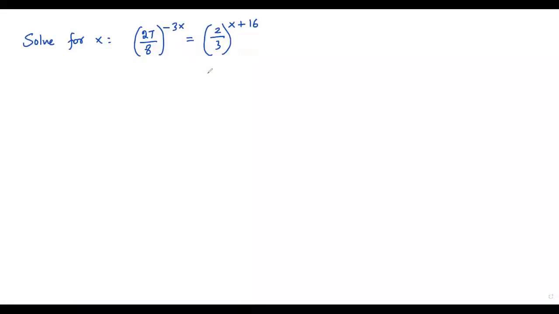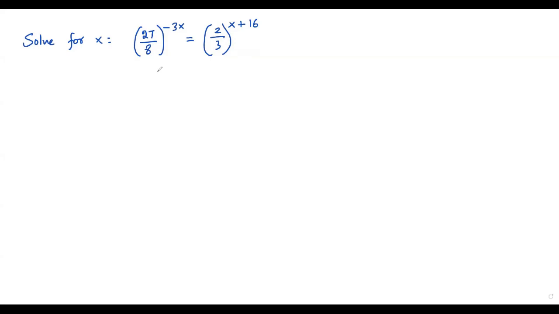Here we have an exponential equation, and in this exponential equation we have to solve for x. That is, we have to find the value of x. Whenever I'm trying to solve for a variable that is at exponent, what I need to do is get the same base on both sides of the equation. Once I get the same base on both sides of the equation, I can equate the exponents and